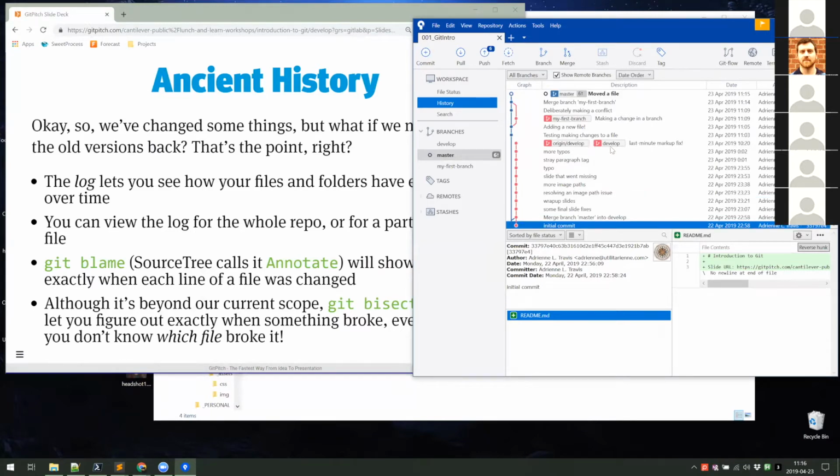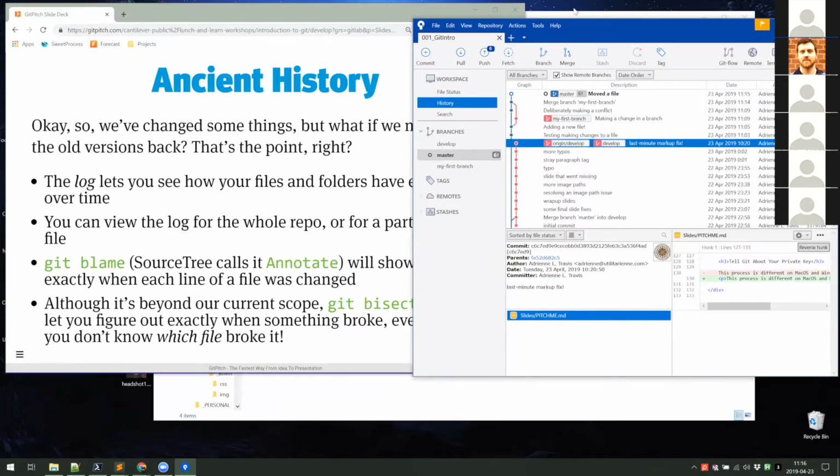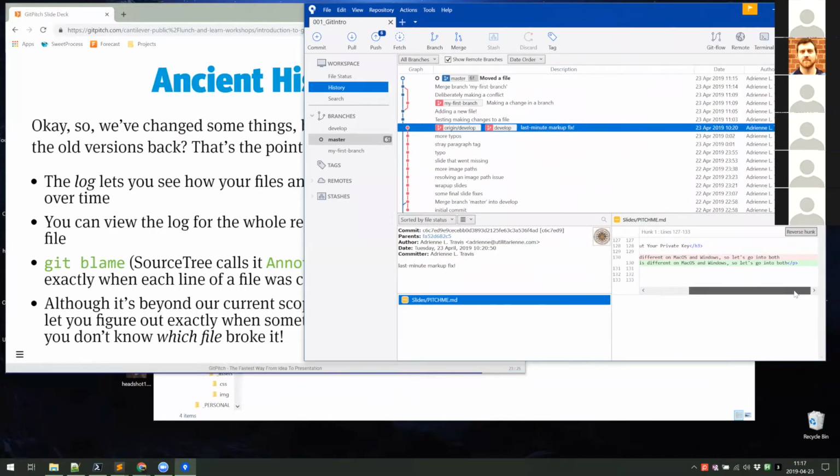Git's really smart about knowing which changes are where. That's kind of its whole point. This log will let us see what changes we made at any point in time. Like, oh, look, this is a change from before we were on this morning. My slides are actually in this same repository. So